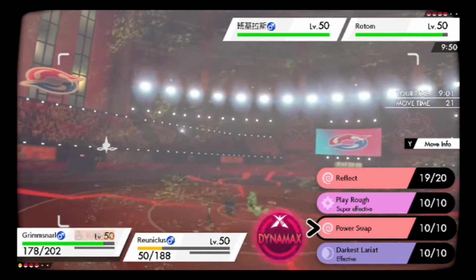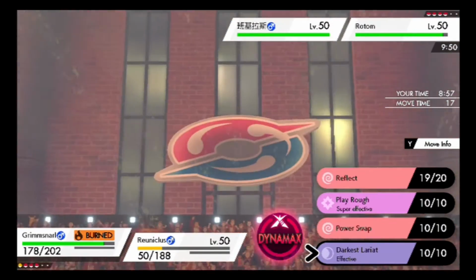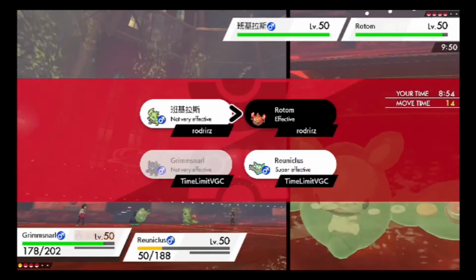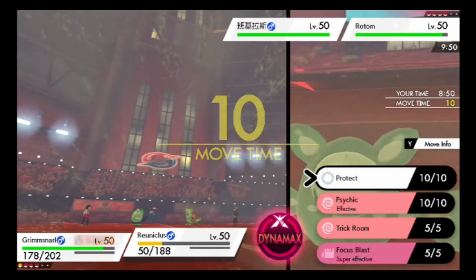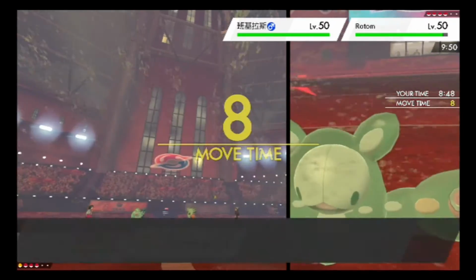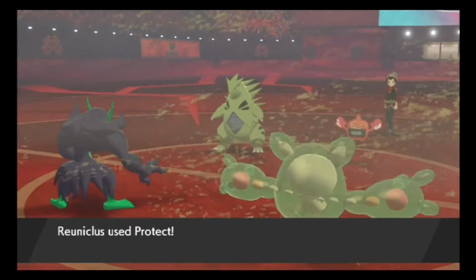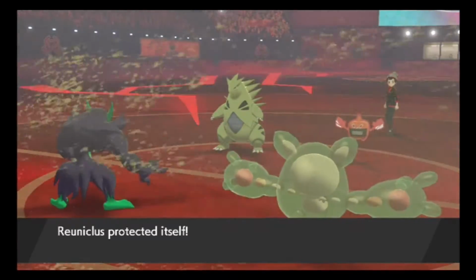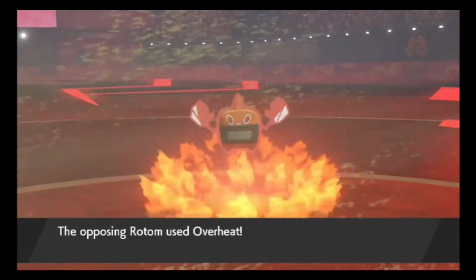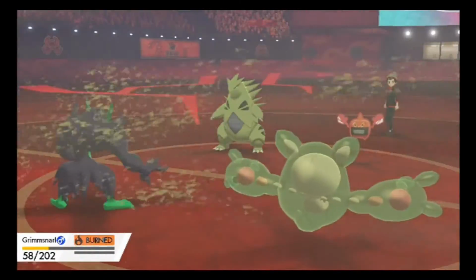I could just Dynamax, do some crazy plays, but I'd be wasting the Dynamax too early. I feel like I should really get rid of the Rotom right now, mainly because the Escavalier is such a huge Pokemon. So I'm going to protect Reuniclus just to see if I can find a position, maybe later in the game, to set up Trick Room. So I'm going to go for Protect onto Reuniclus, expecting that Tyranitar wants to go for another Dark Pulse. When it goes for the Overheat onto Grimmsnarl, I think it's okay because I have...